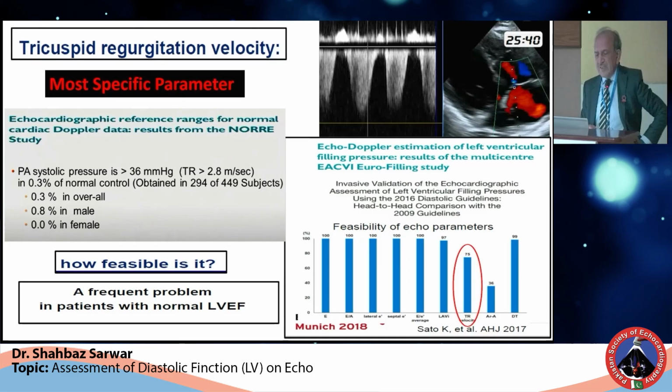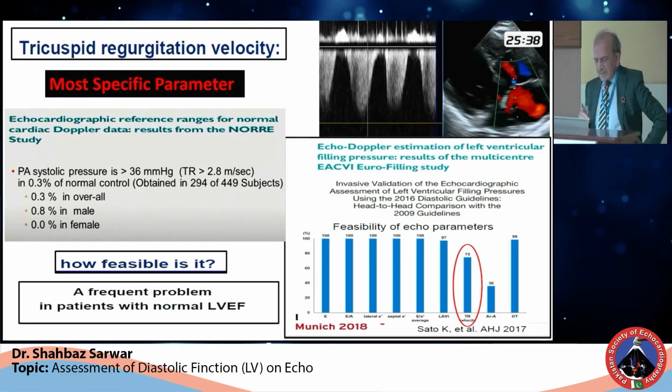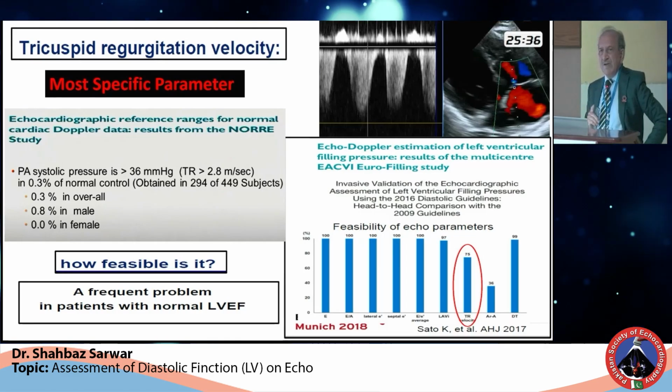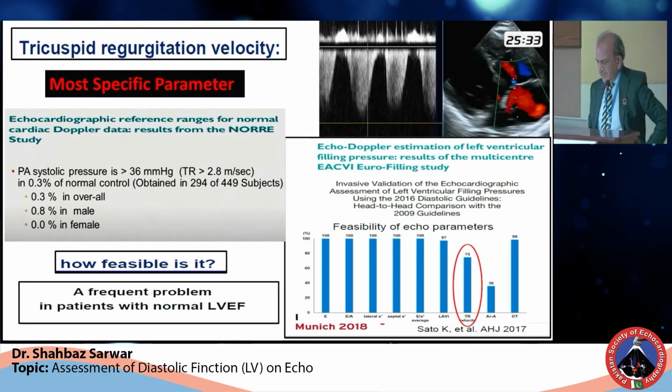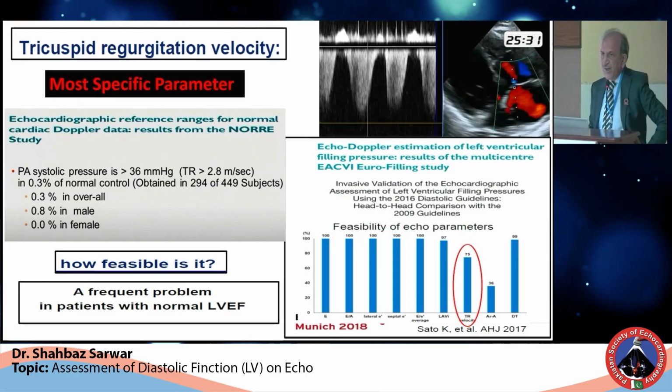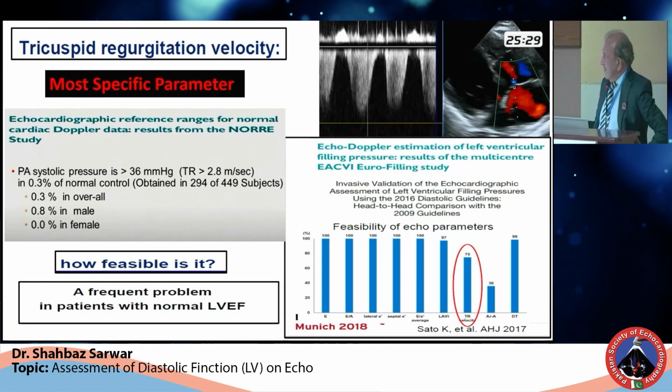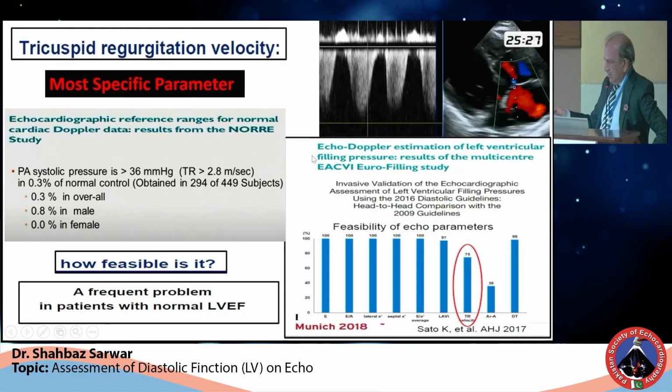The problem with the TR velocity is how feasible it is. In the study where the feasibility of echo parameters was done, I think this is